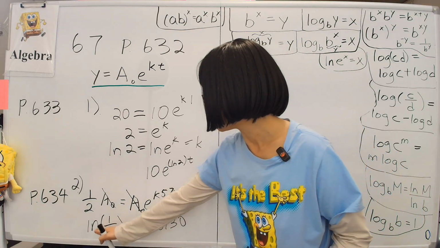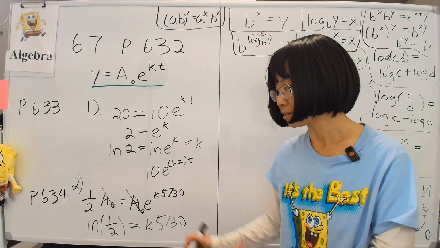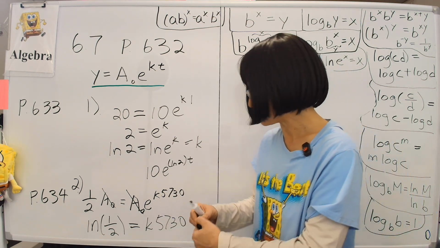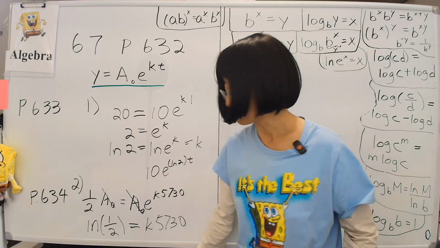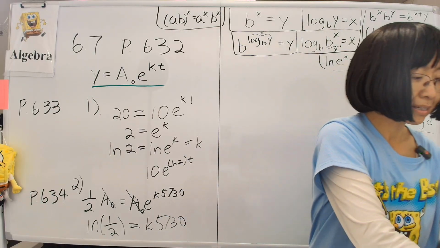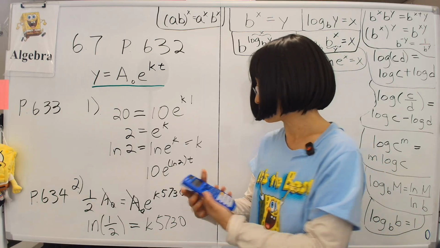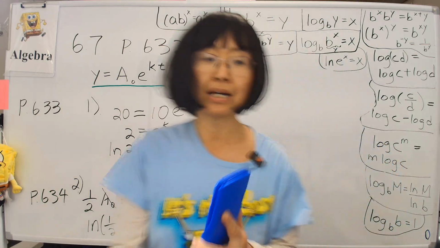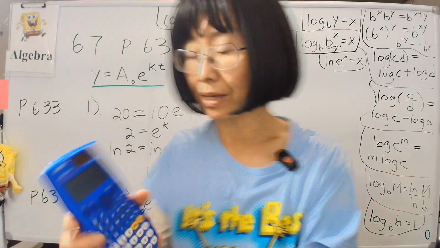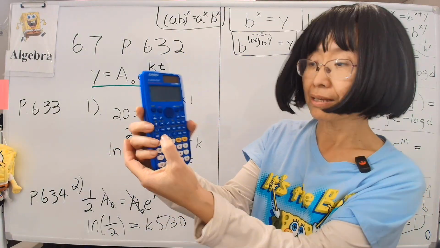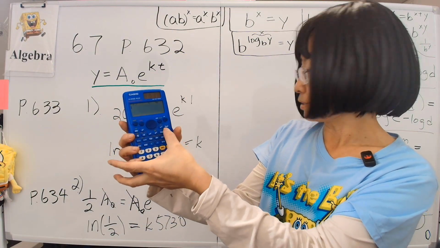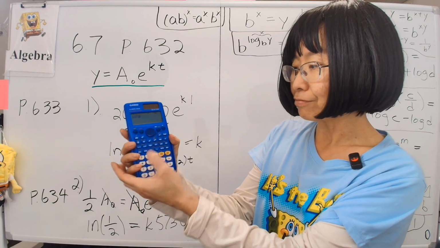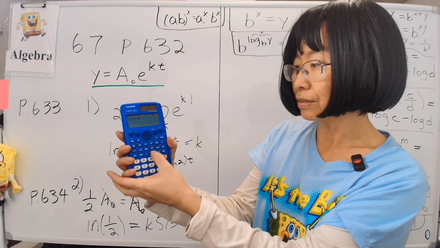K is then this thing divided by this thing, right? It's natural log of 1/2 divided by 5730. Let's do that right now. Let's use our calculator and do this. It's good calculator practice. Not that good, not very exciting, but let's do it anyway. I'll do it this way so you can see the formula that we're doing. So natural log, which has its own parentheses in my calculator, 1 divided by 2, close parentheses,